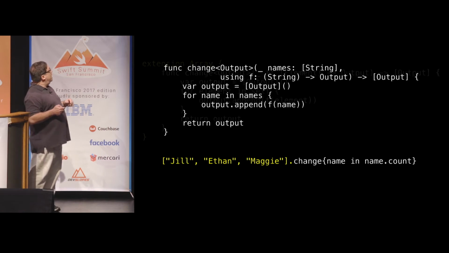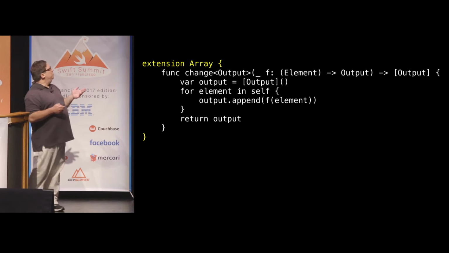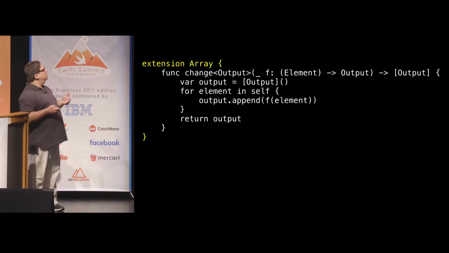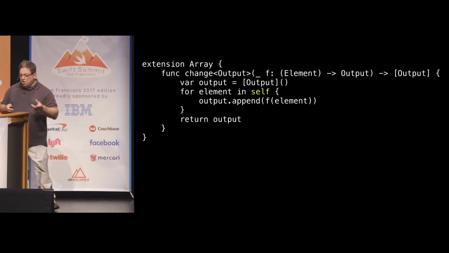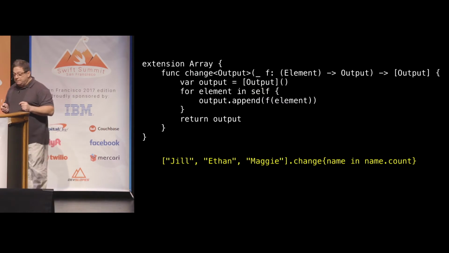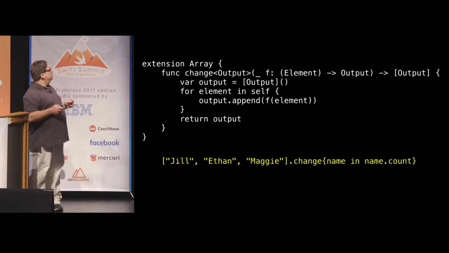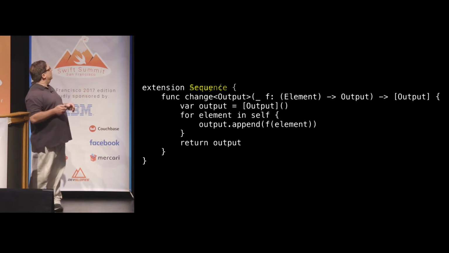And in order to do that, I have to place this inside of an extension for array. And little things change. I don't need input and output anymore. I don't need a hard-code string anymore because array has this thing of type element. And so the other thing I need to do, because I am the array, I'm iterating through myself, but the code is actually nicer, and I get the result I want, and I'm feeling really good about myself, except maybe dictionary wants a map too, so I should put it in sequence, except that ruins my talk, so I'm putting it back in array,